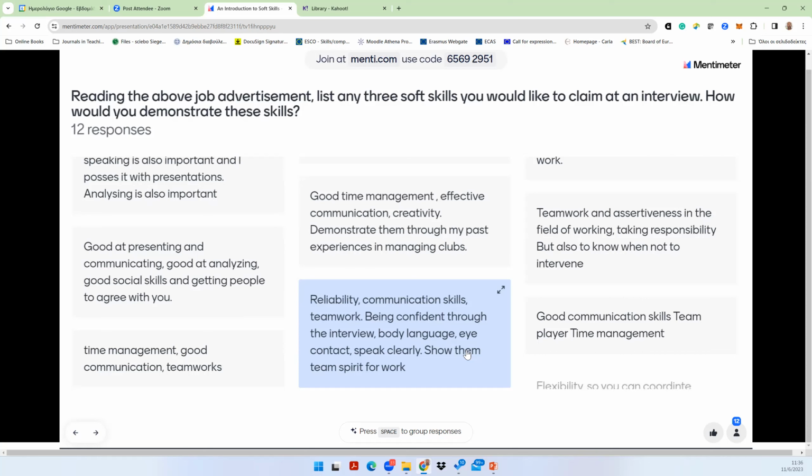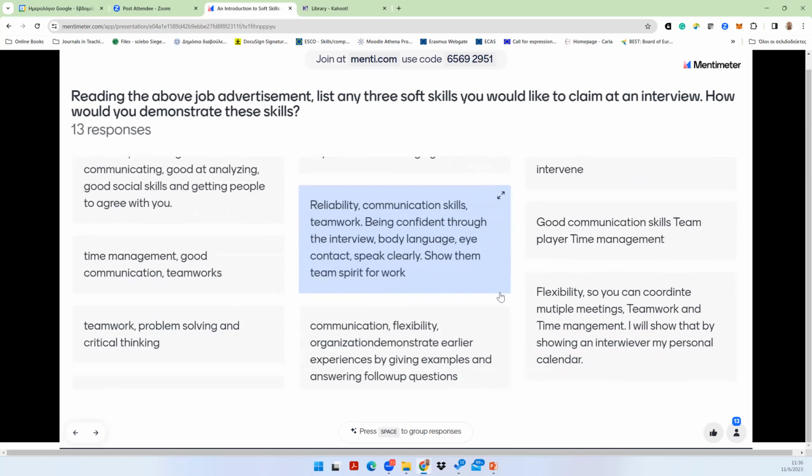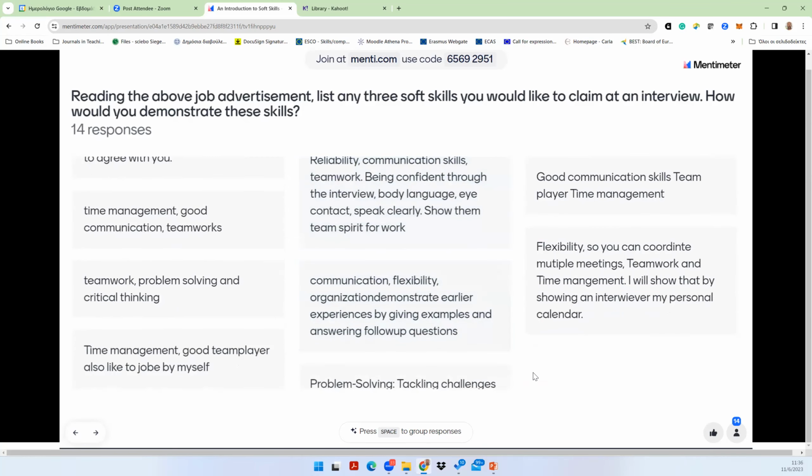We had a job advertisement, and now we are working on what we can demonstrate and what we can provide for this job vacancy. So being prepared is one of the key successes of your confidence. And of course, knowledge. That's why we used to say that knowledge is the nuclear weapon of an individual. If you have knowledge, if you are self-aware, what you can offer, and what your strong points regarding technical but also soft skills